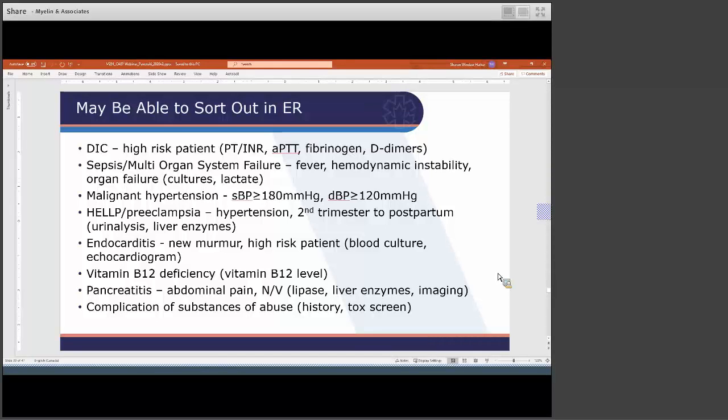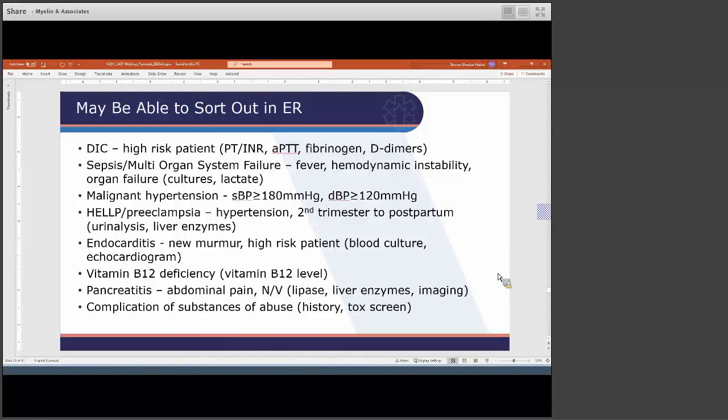Vitamin B12 deficiency, it's interesting. I never used to see it, but I see it more and more frequently. I see it in the elderly who do not have very good nutrition. I also see it in a lot of young people who are vegan or otherwise diet restricted, and vitamin B12